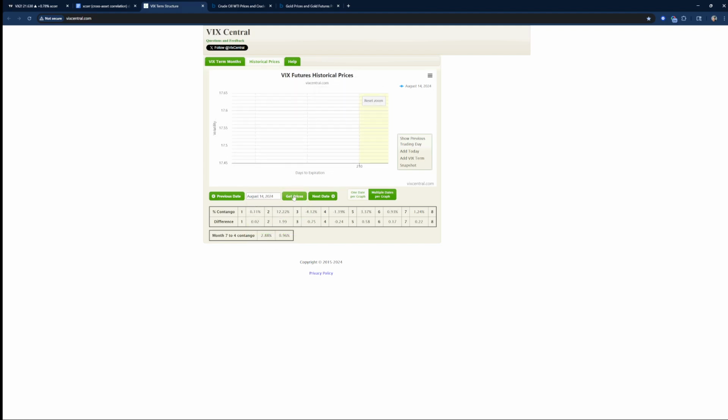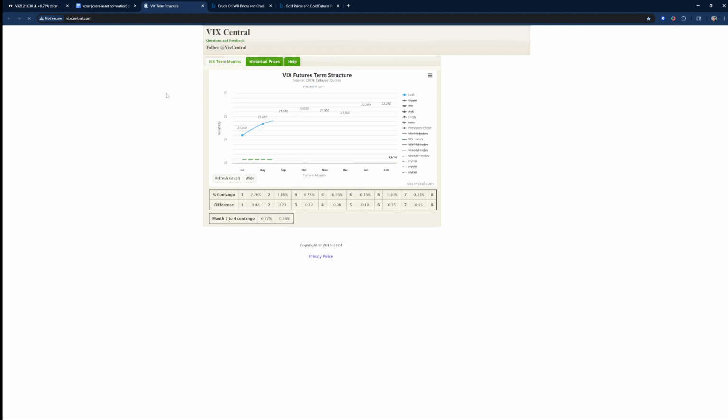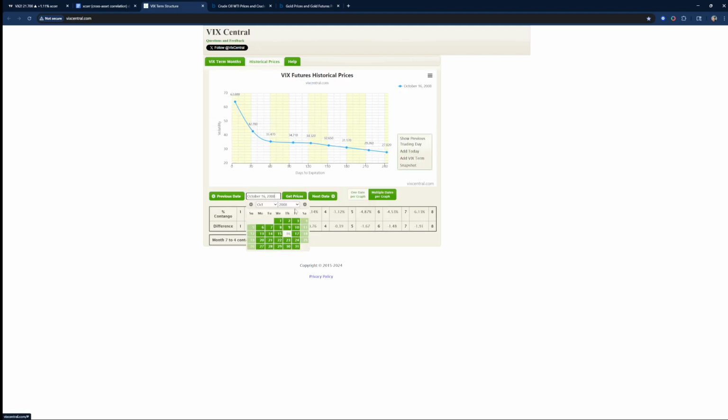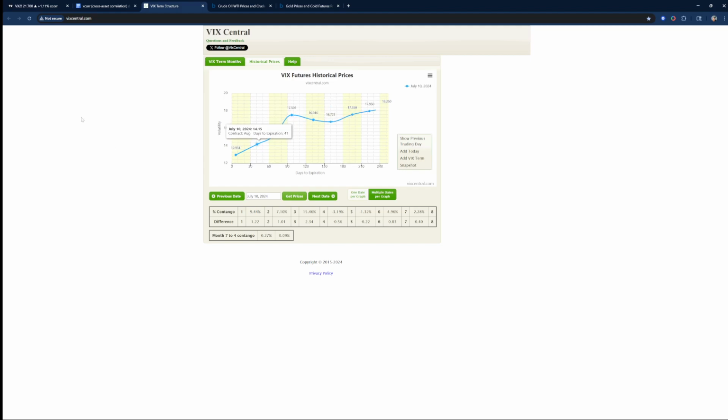So this is like, it's relatively normal in that it's sloping up, but it's also weird in that it's got a big lump in it. That was last year during the election. Let's go back another month. Last year during the election. Okay, and then